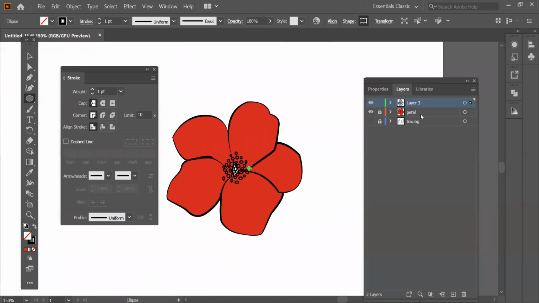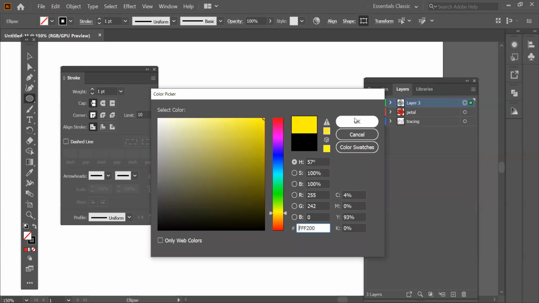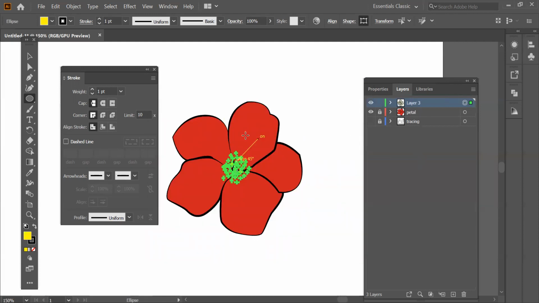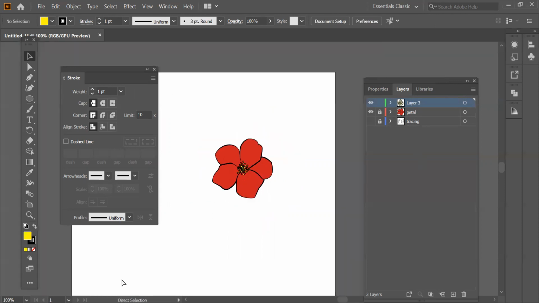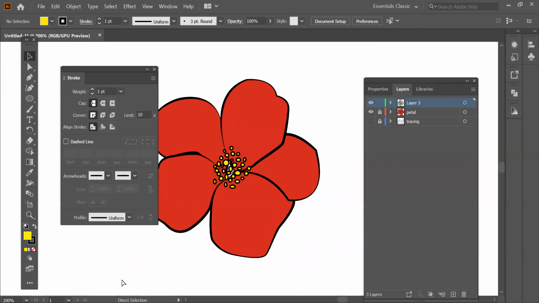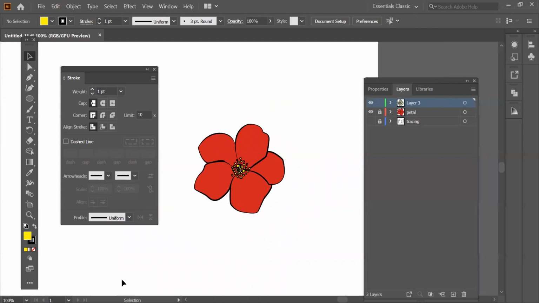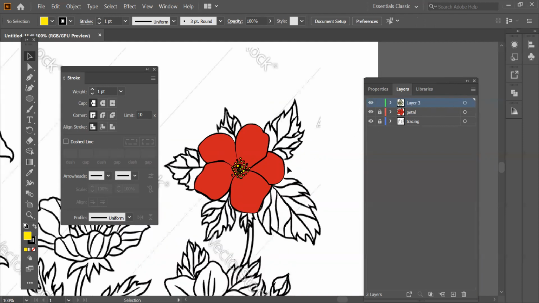Now see, all the small circles are in this layer. So where do we have to click to select all the layer? Just over this point. Now select the color, do OK. I'm just going to deselect it by going back to my selection tool and click over here. Now see all the petals are done and all the circles are done in just 2 minutes, right? Let's complete the whole flower.